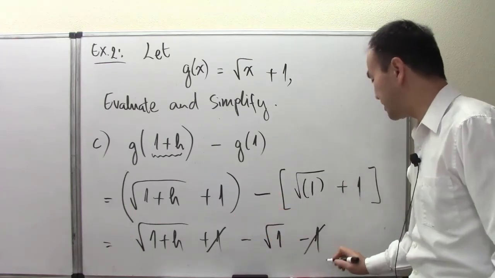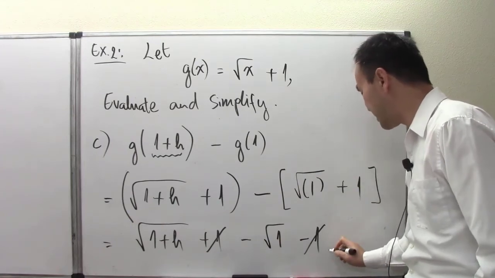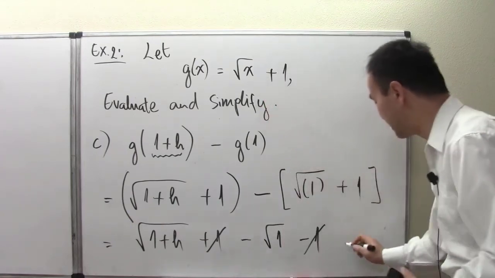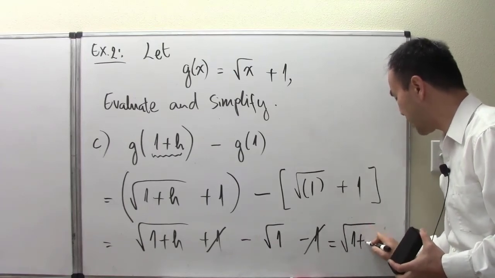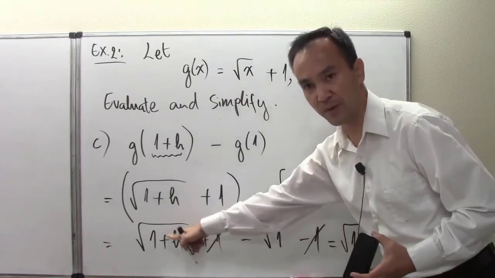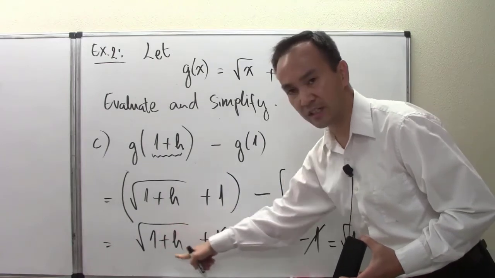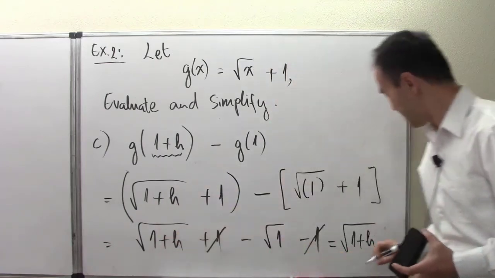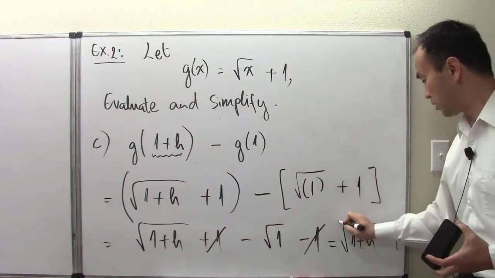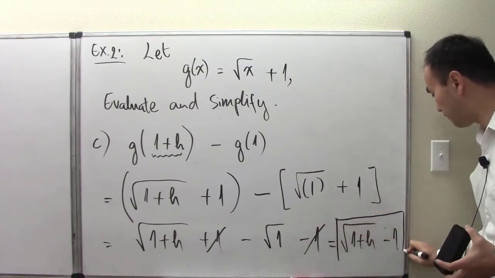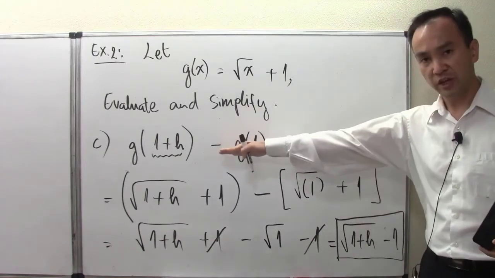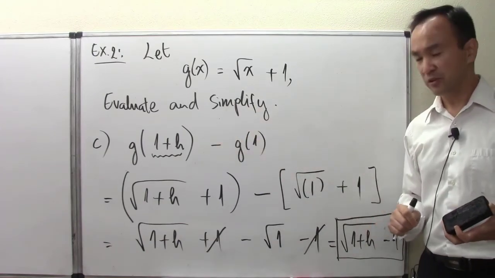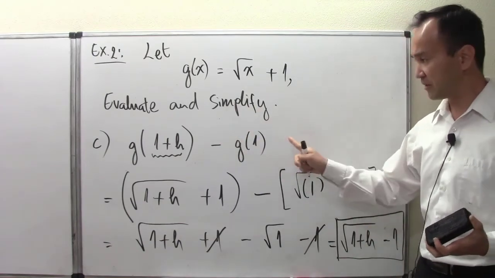Okay, and so in the end, my final answer for this particular problem is going to be the square root of 1 plus h, minus 1. That's what remains, because there are no like terms, no other terms that are like it. So ladies and gentlemen, this is our final simplified expression for this particular problem. The problem is asking us to